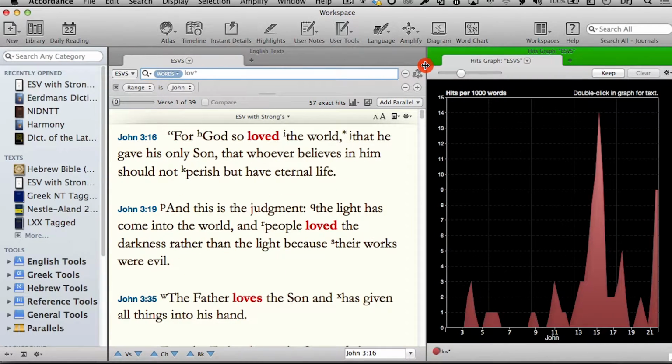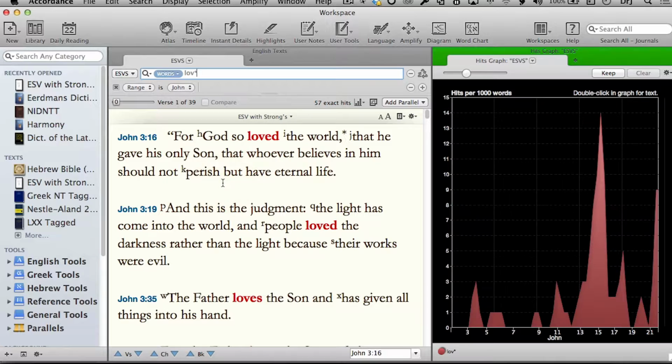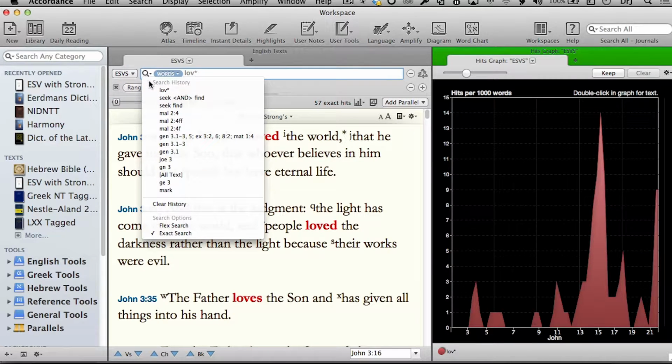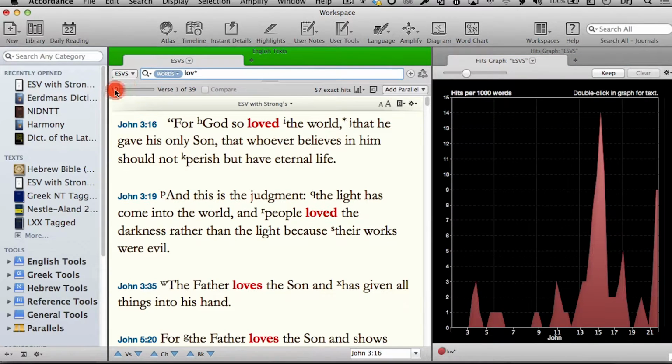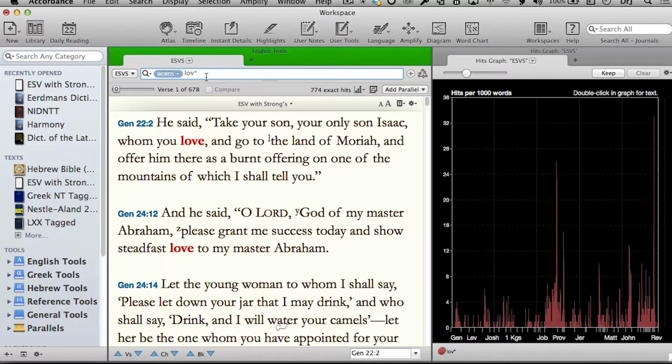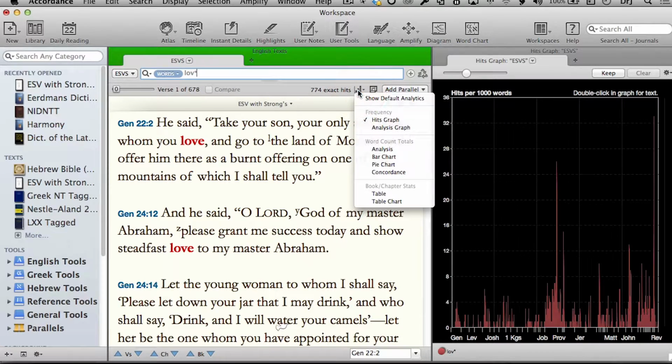Going to move that back out where you can see it there. And so, again, we've had these. We're just here in John, but I actually want to go back to where it was the search for everything. So I'm going to kill my range here, and let's do that search again. So now we're back to our 774 hits, and so I can come back to this analysis icon again,